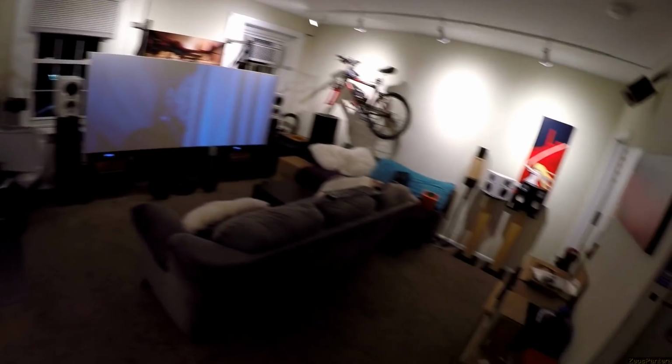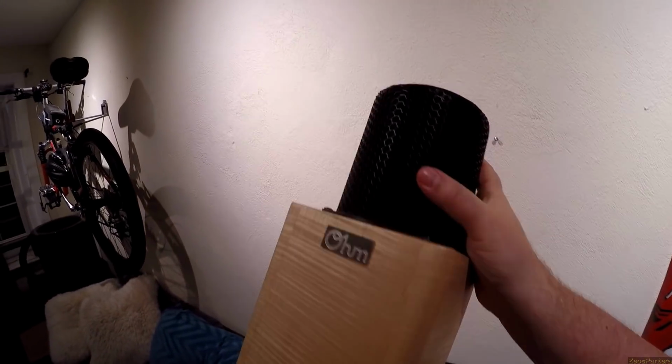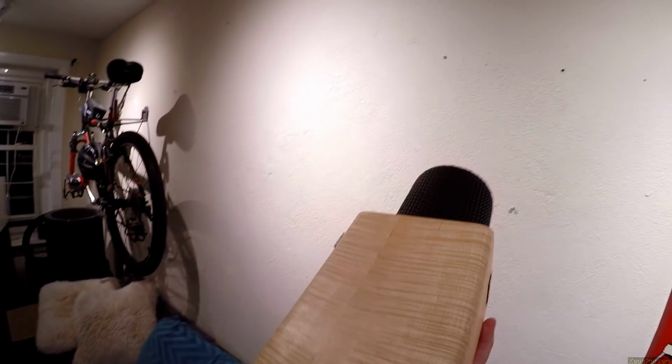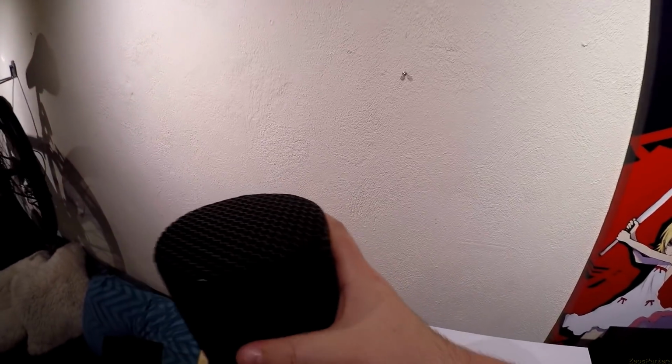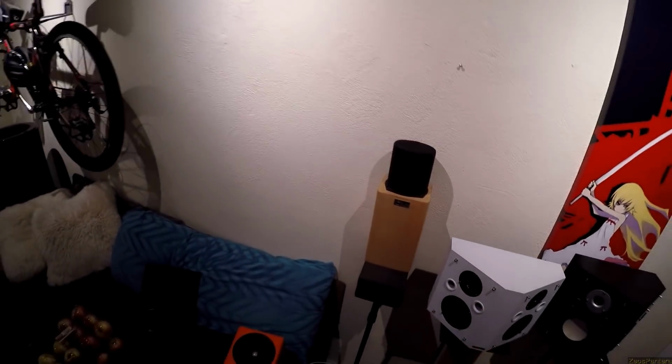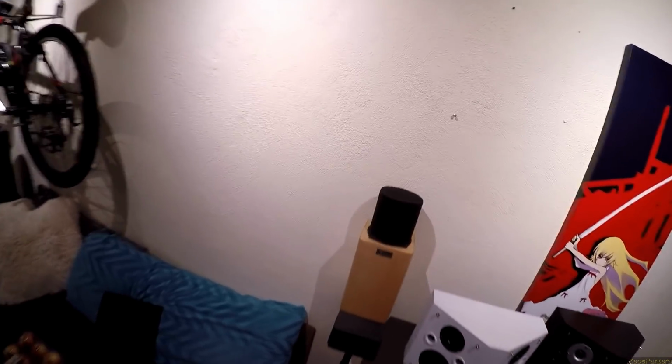Number one, as much as I love them, and I love the look at the veneer on these. Look at it glisten. I wish my big towers were like this. As much as I love these speakers, as far as the looks go, I think they look a little strange. And B is the big part. There's only a 4-inch driver in here, which is the same as the little mica. So there's a little mica driver with a little tweeter on top of it, and that's performing omnidirectional